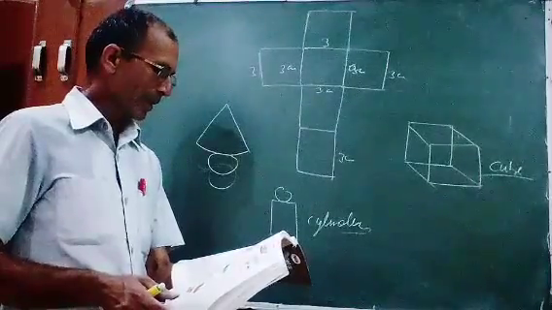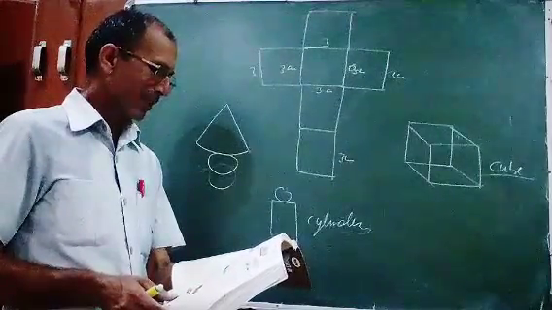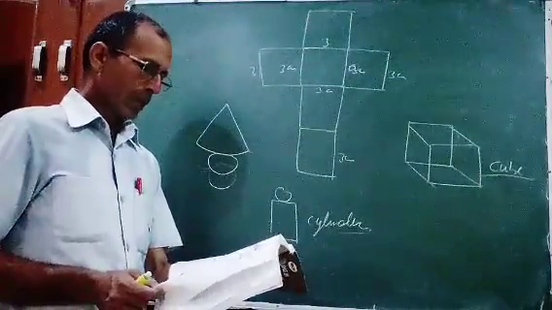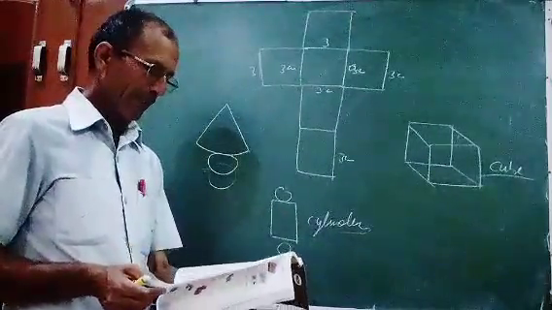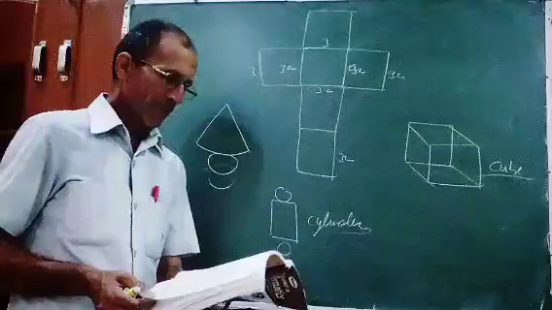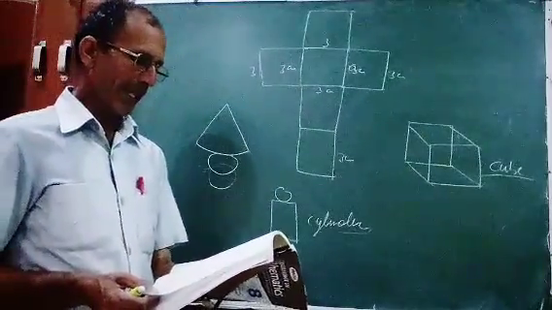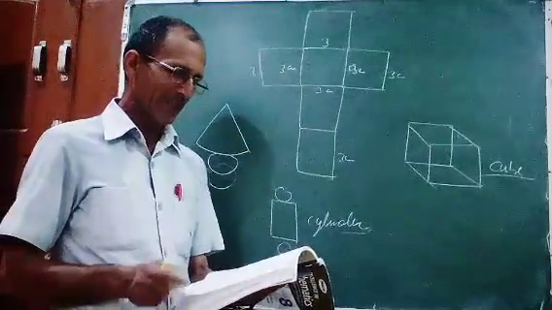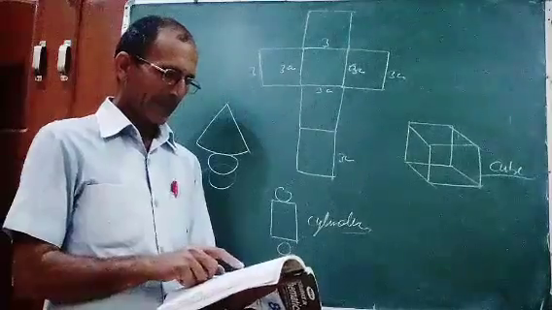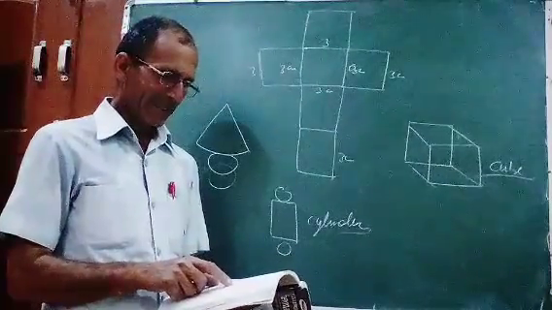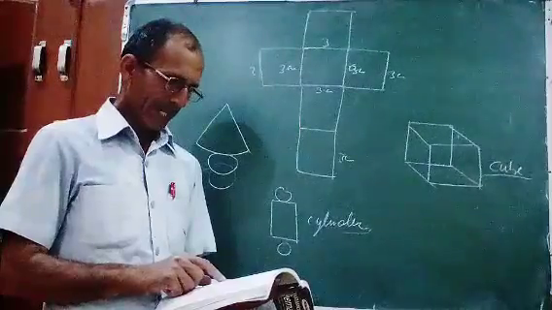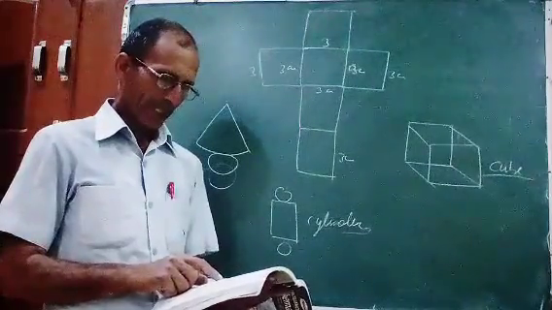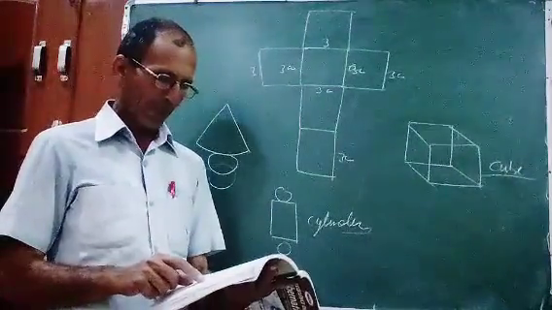And you have to draw the following objects on triangular dot paper. So exercise 8.1, there is nothing, very simple. You have to identify only multiple choice questions. Match the given net with the correct answer. First is the net of a cylinder, it means C. Option C is right.